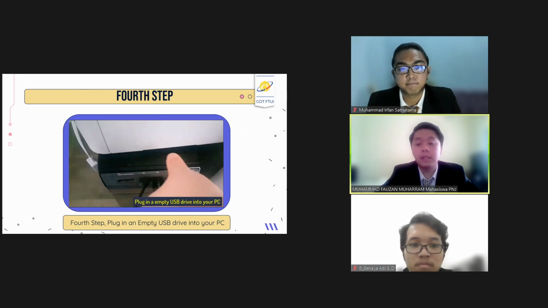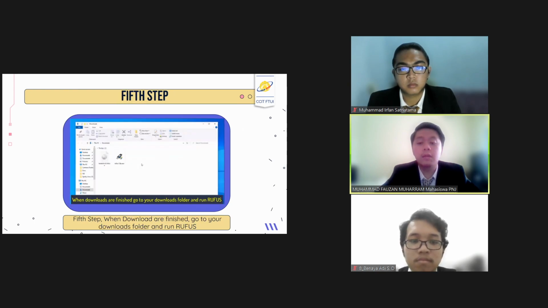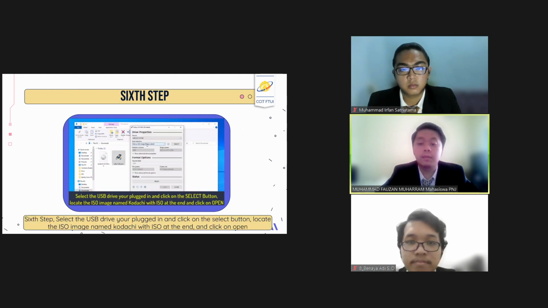The first step is to plug an empty USB drive into your PC. When Rufus and the Kodachi OS ISO download are finished, go to your download folder and run Rufus. Select the USB drive you plugged in and click on the select button.